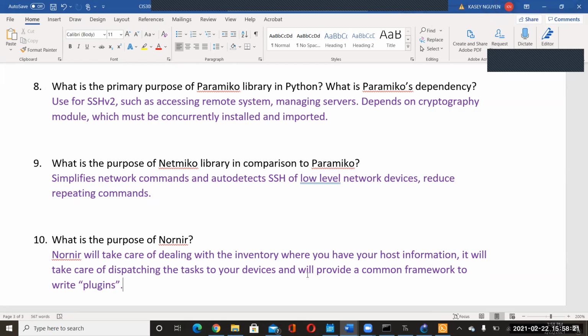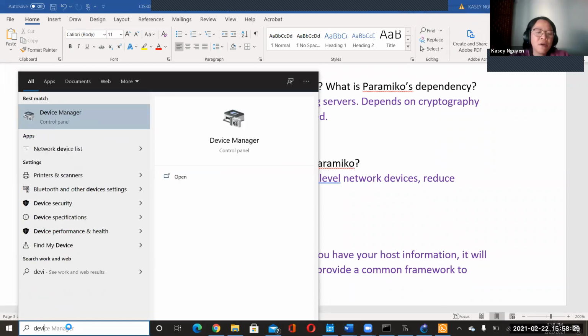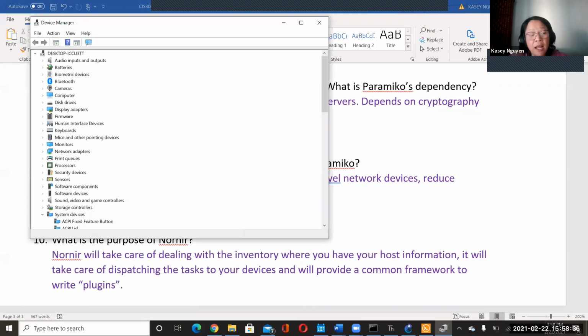A good way that you can look at the RAM type: you can go to device manager or system information. You can look at the type of RAM that you have, or even search online for that model of the computer.